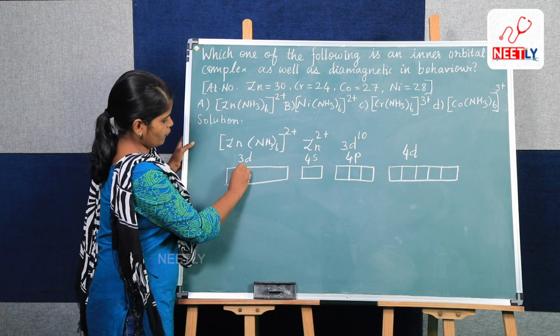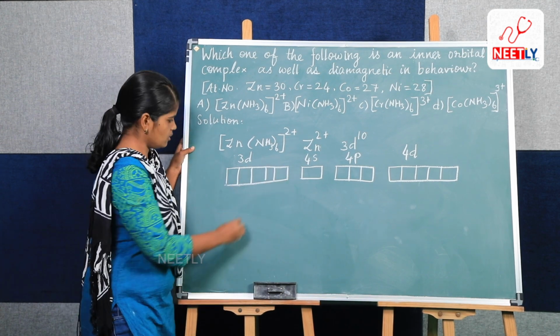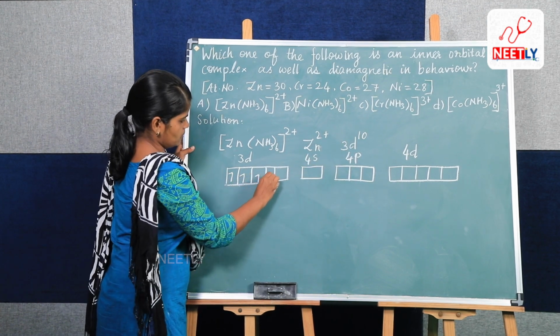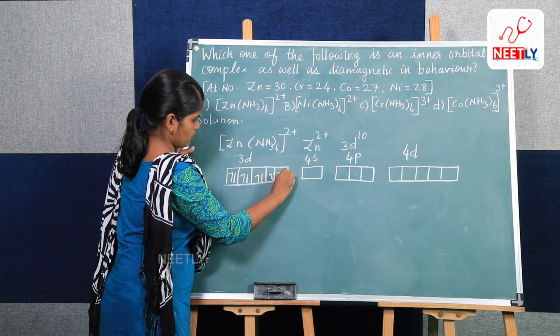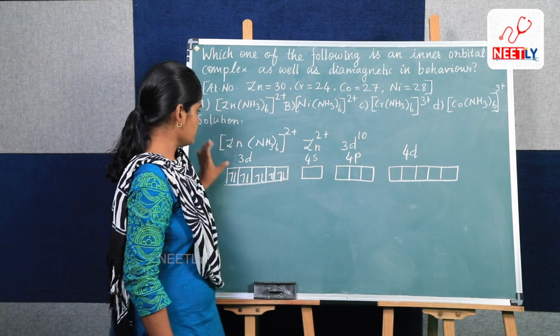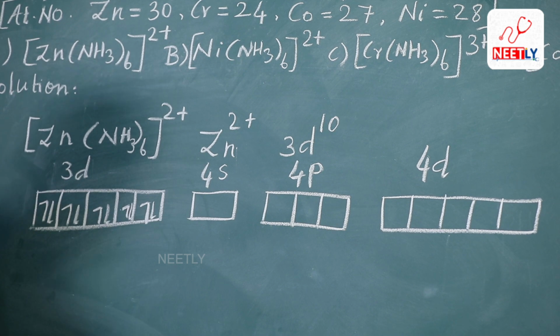If I fill the 3d electrons here in the orbitals, then 10 electrons are there. So, all the d orbitals are occupied, and so this complex can form only the outer orbital complex